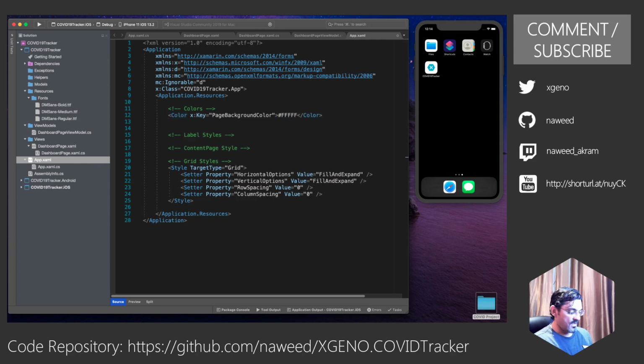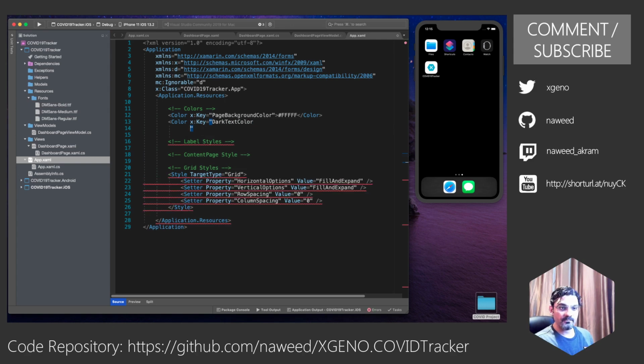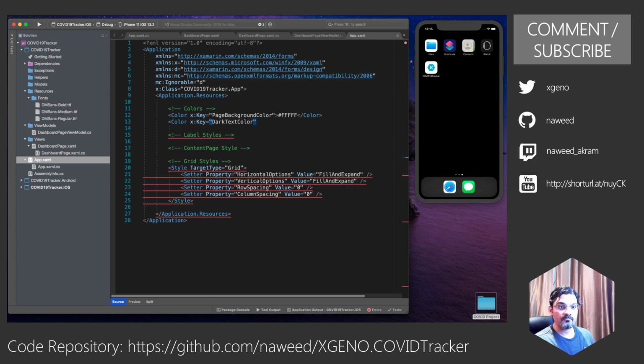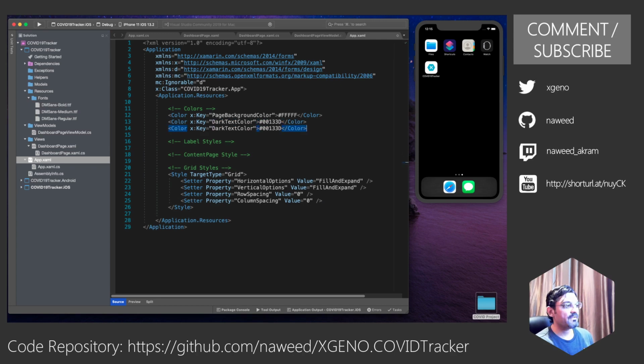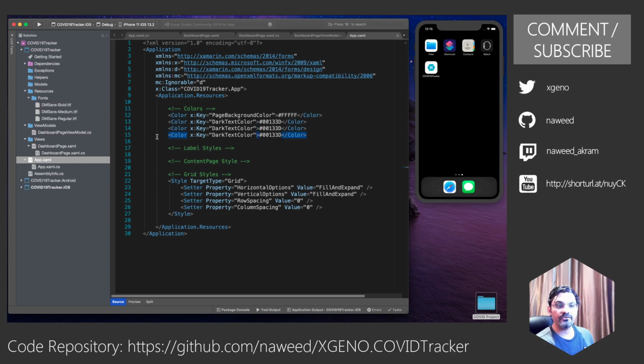I want to have a color for, say, dark text color. For the dark text, let us stick to 00133D. I can have a medium text color, I can have a light text color.